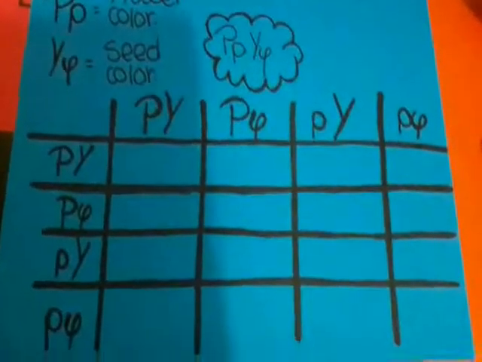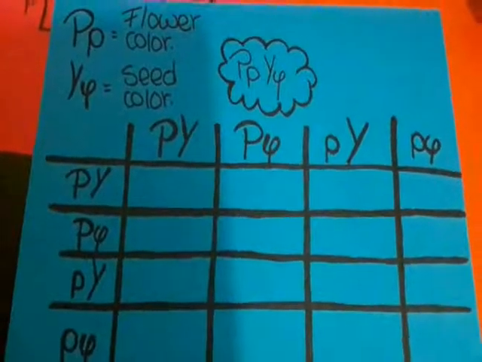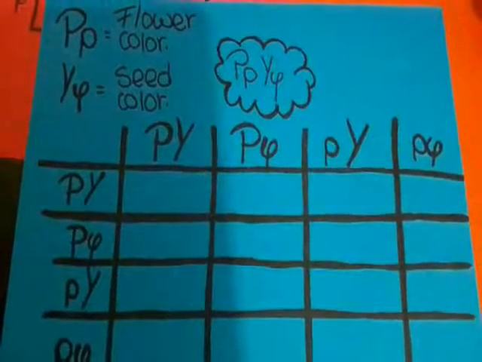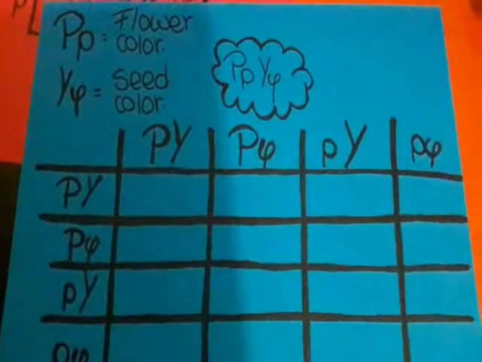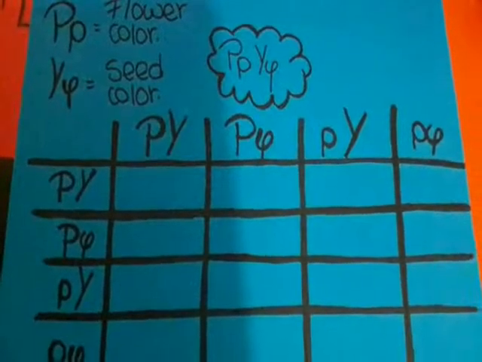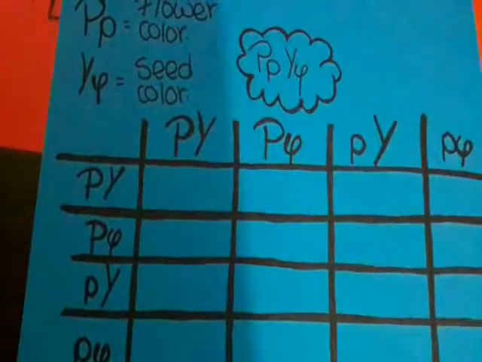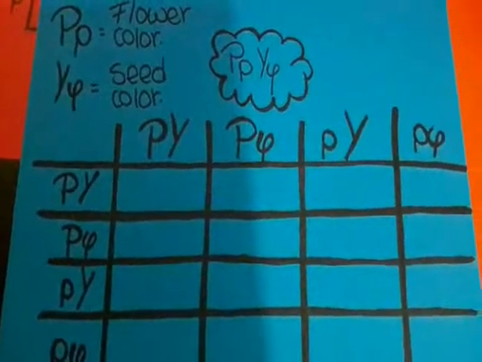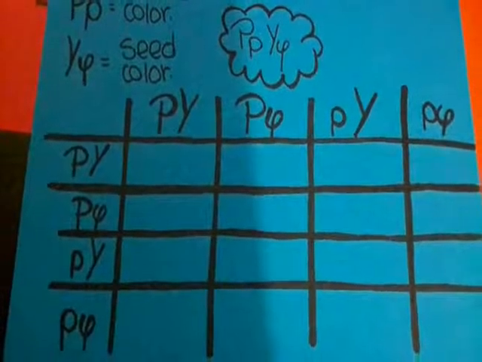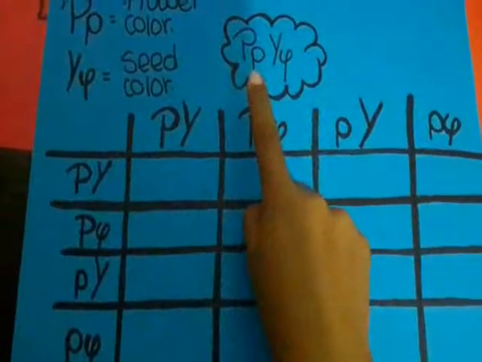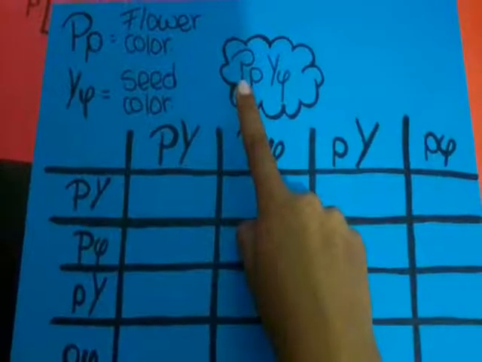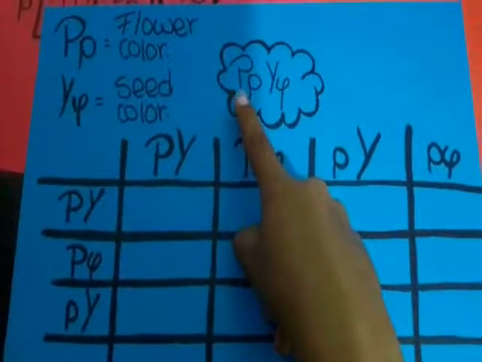Now I'm going to show you how to cross two different traits. In this case, I'm going to use the flower color as the letter P and the seed color as the letter Y. We already know flower color, so the seed color is going to be dominant green, recessive yellow. Dominant capital letter Y, recessive lowercase y. We already know that if we combine dominant and recessive trait, we're going to obtain a heterozygous of both. So I have a heterozygous flower color